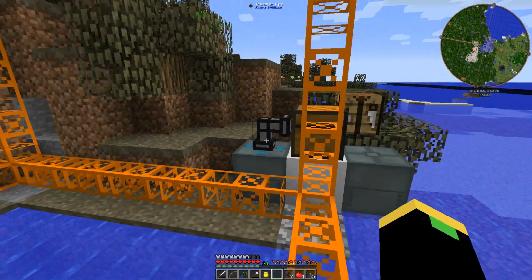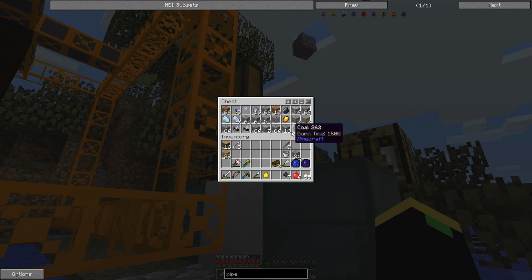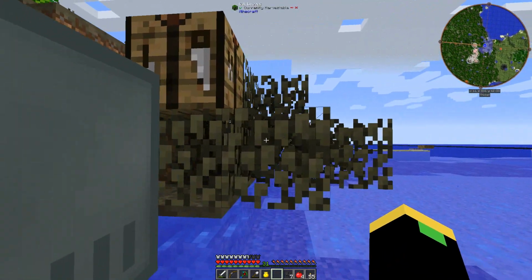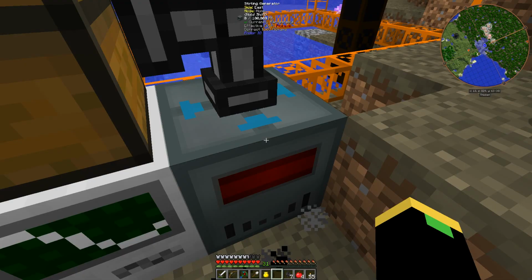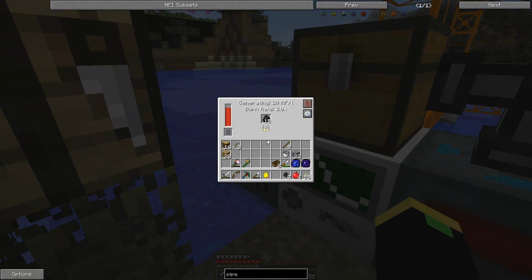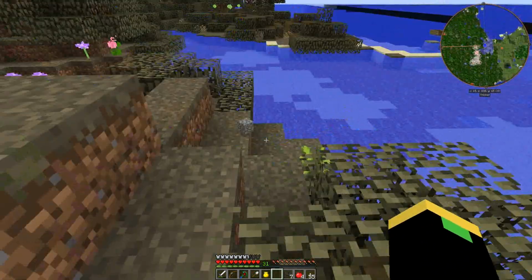And I'm going to consider what to do about power here and how to automate the power, because I'm not really sure. I mean, we've gotten 12 coal so far. I'm pretty sure this thing has burned quite a bit more than 12 already. So that might not be sufficient. And then the next thing that we want to do is...